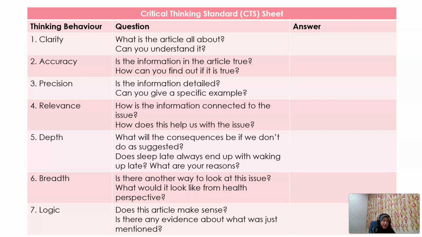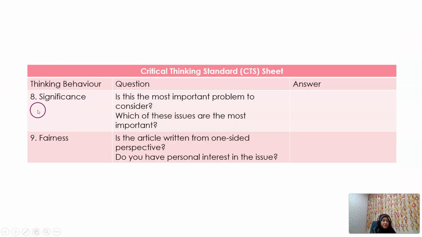If you have any idea, you can just list it from your point of view. And then is it logical, the tips or the solution or the suggestion made by the author in the article? And then significance: is the problem, the issue, or the suggestion significant to the title of the article? And then fairness: is the article written from one side's perspective or has the author looked at both sides? All right, so I hope you can try, because this exercise is very good for you